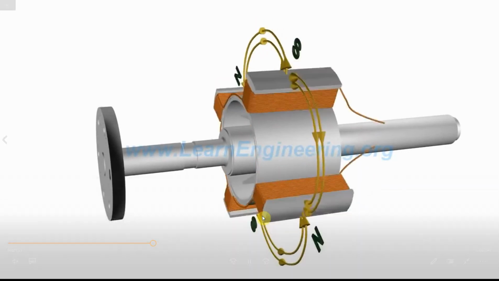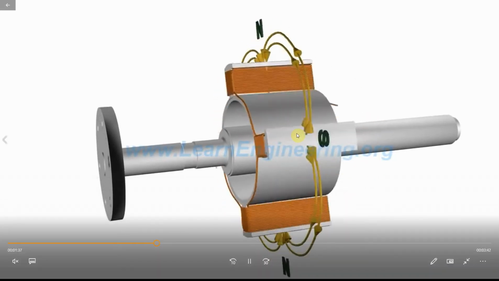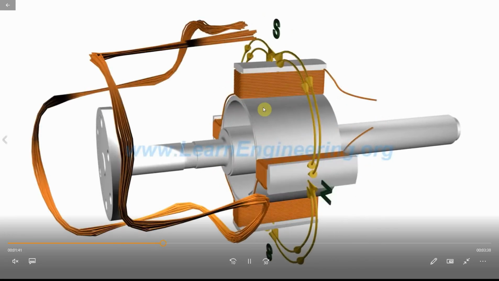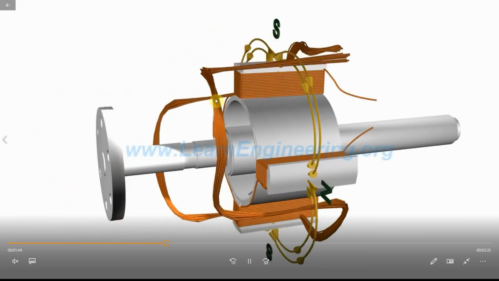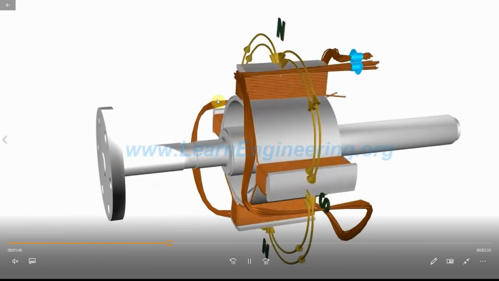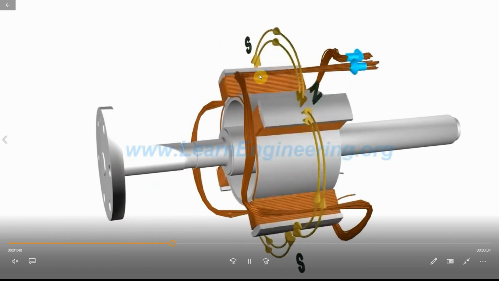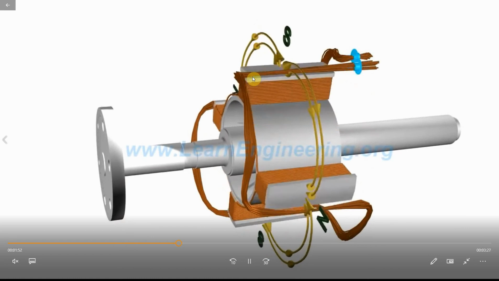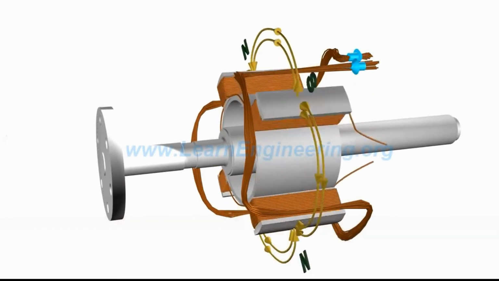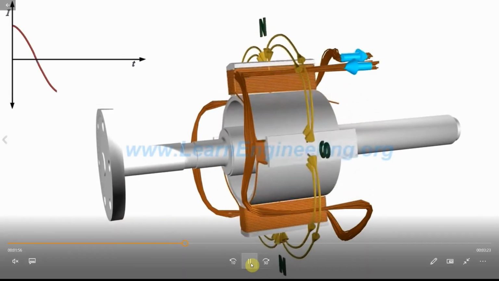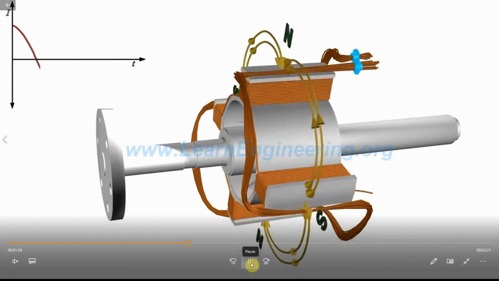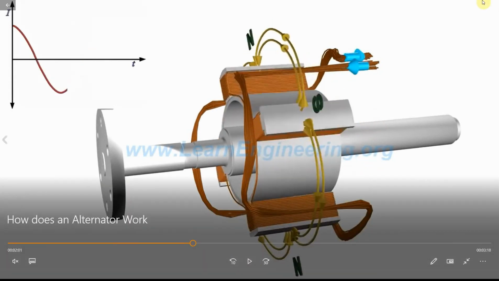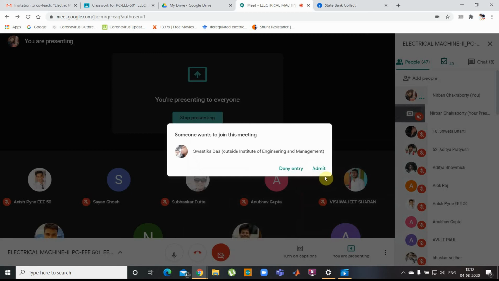But this is only the rotor part. The stator is still not included. Now this is how the stator winding is being fitted. After you see the slots, last day someone asked me about how the slots have been made. Is that person in the class? Yes, sir. I will, that will be clear by seeing this video. One minute.